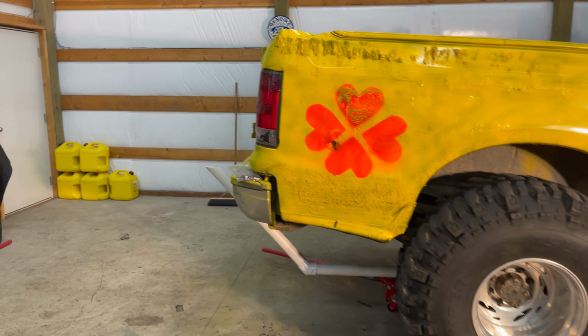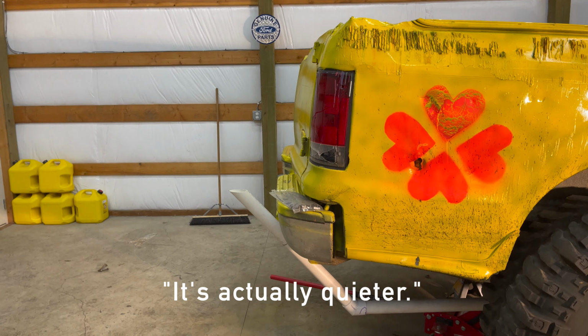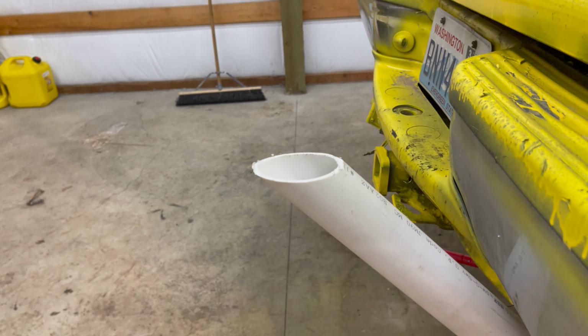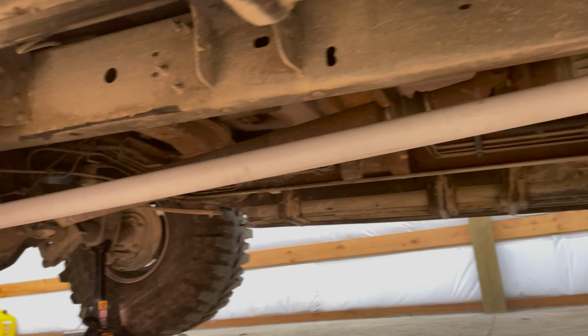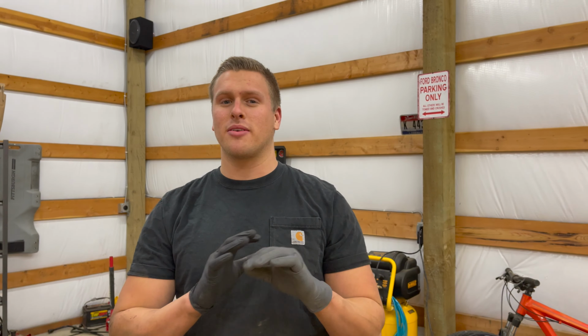Wow. It's actually quieter. All right, the exhaust system is absolutely perfect. It's impeccable. So now we're gonna go to the store and grab a bunch of crazy stuff to shoot out